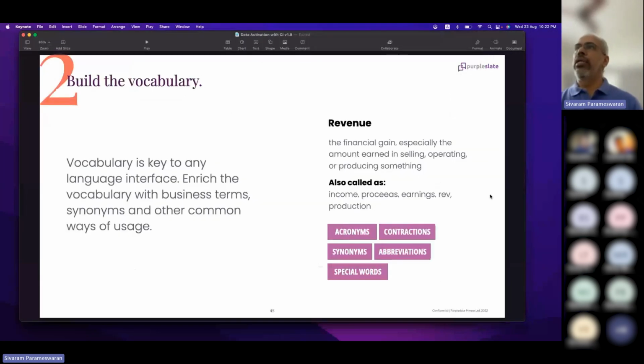So that's one significant feature of an application which is powered by a language interface, which is basically that you have an ability to redefine the technical names, or the column names or attributes, into meaningful business terms. I think this is extremely useful for many of the business folks. This is one of the biggest challenges we have with the data glossary, right? Language interface kind of provides this ability, right?